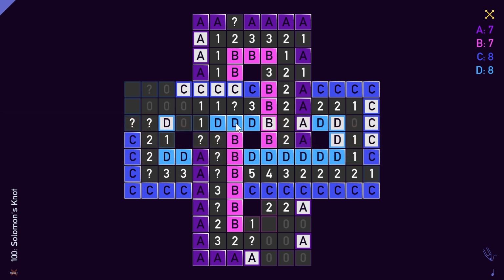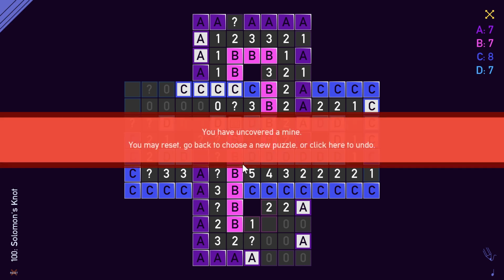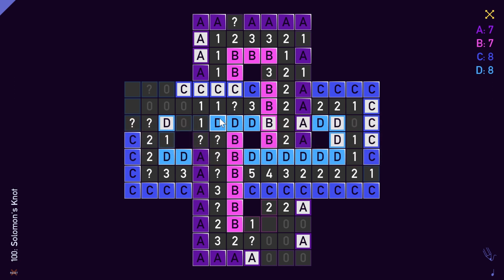Nope. What? Why not? How was any of this wrong? Like, I'll click it again. What? I have a false conclusion in here somewhere? Like, there's definitely 2 there, and therefore 1 there. And 2 here. And this 2 next to this 1 needs a mine there. What? Like...